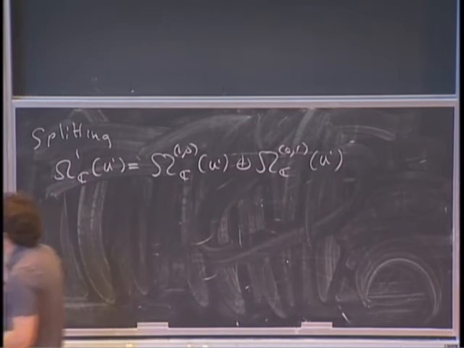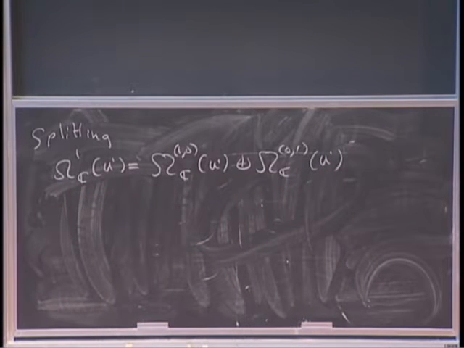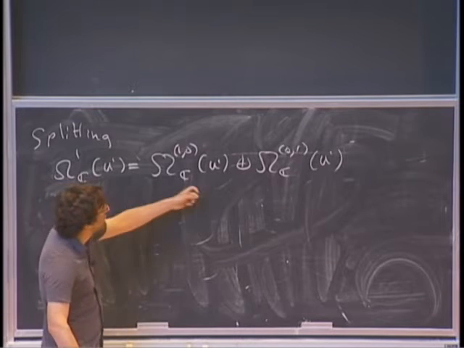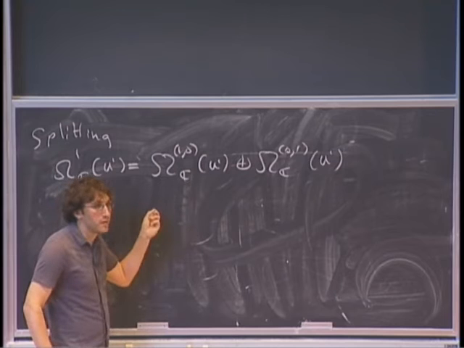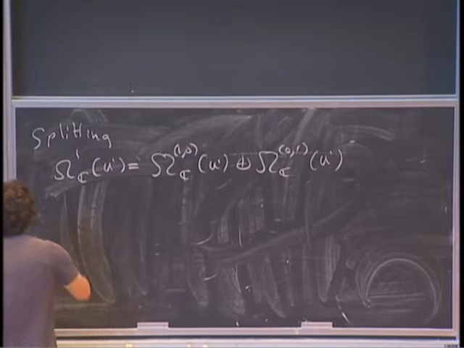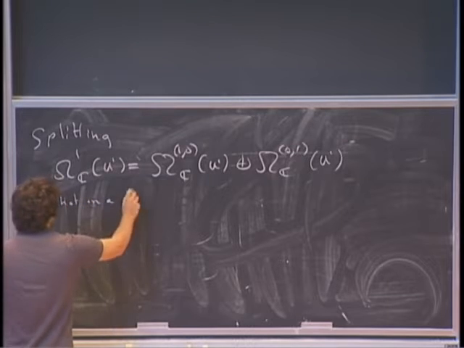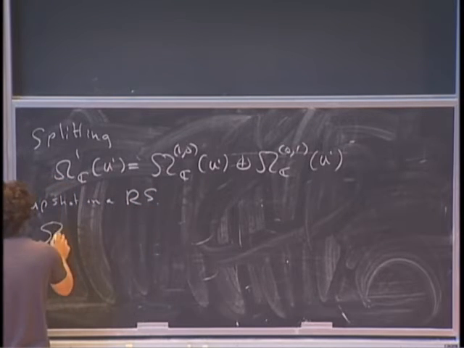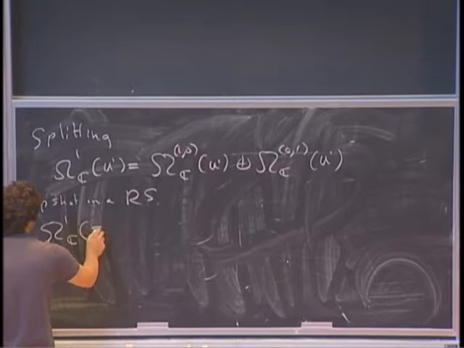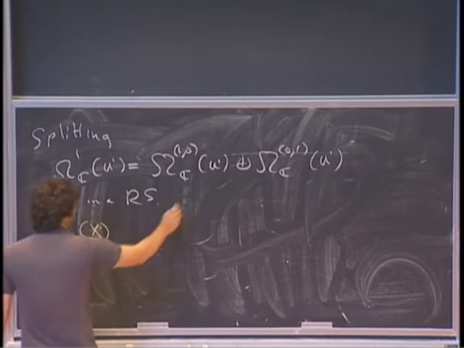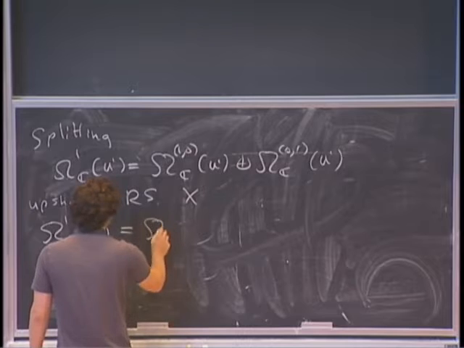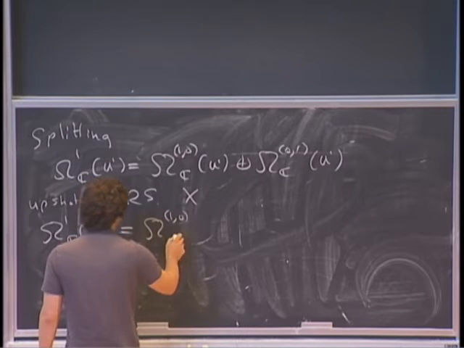And this splitting is preserved only by holomorphic maps. And so what this means is, of course, the only way to make sense of this splitting on a surface is if we have a Riemann surface. So the upshot is that on a Riemann surface, we can split the complex valued one forms of sigma, or let's call it X, into the 1,0 part